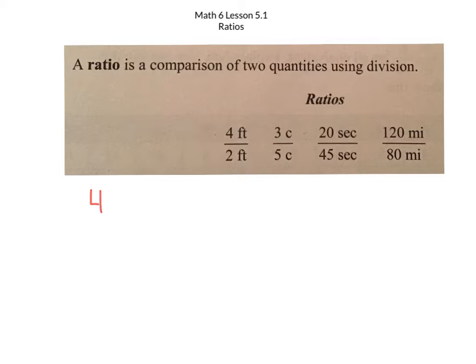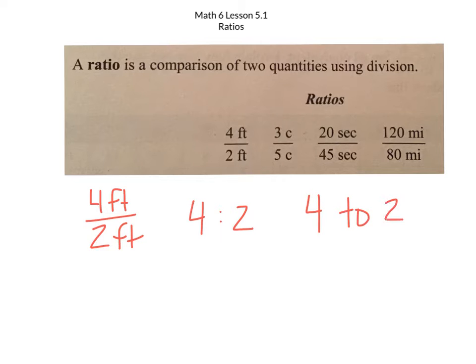So the easiest way to write a ratio is 4 to 2, like this. But sometimes you'll see it written 4 to 2. And the last way you'll see it written is 4 to 2. This is the way I want you to think of it in your brain, because when you're dealing with ratios, you can simplify them